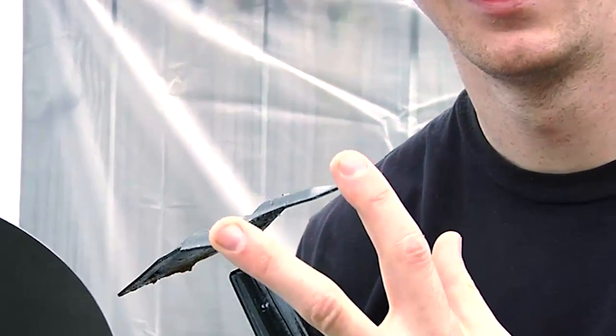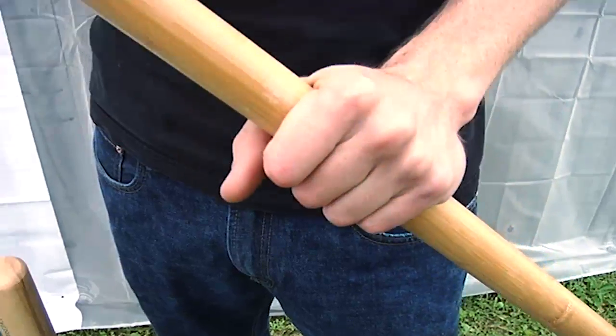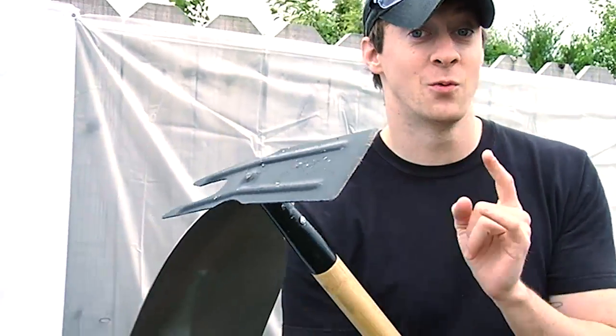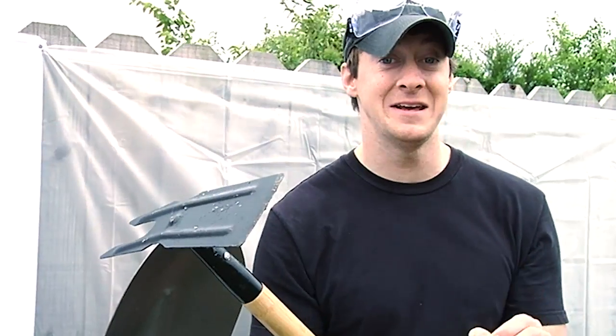Now, some benefits with the hoe are that it has a sharp edge here, and on this one, two sharp edges here, perfect for slashing. Again, it's long, about 3 to 4 feet, and this one is made of a bamboo handle, which makes it incredibly strong and lightweight. So the high-dollar hoe is a very good weapon, but the unfortunate thing about it is